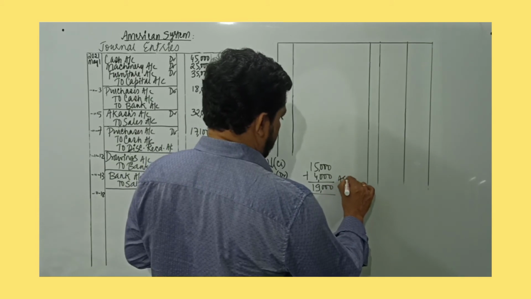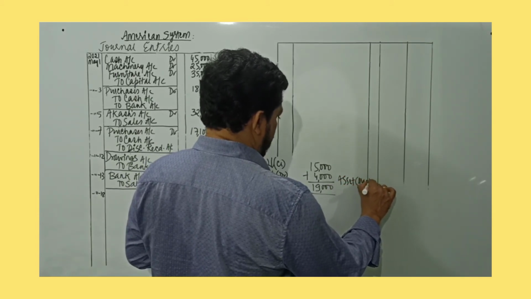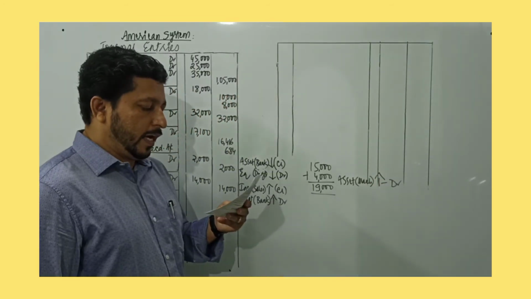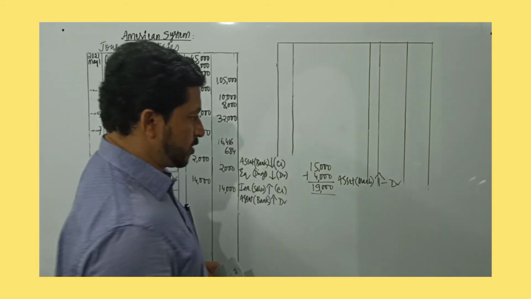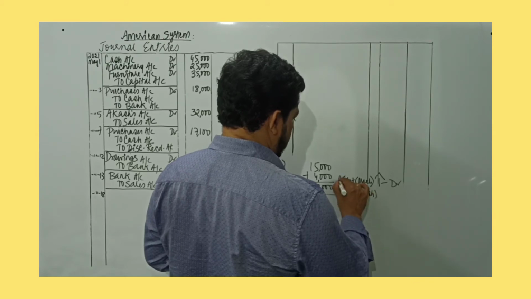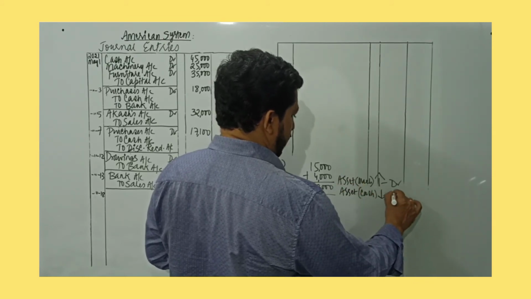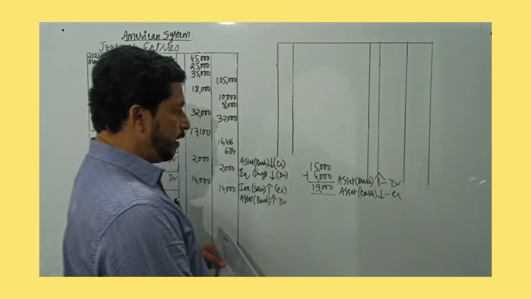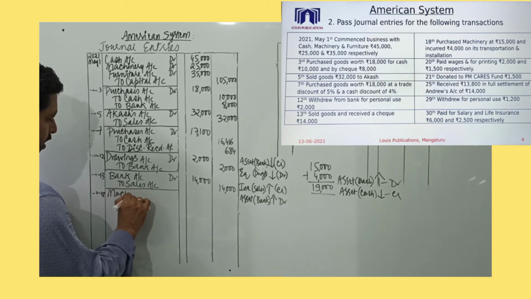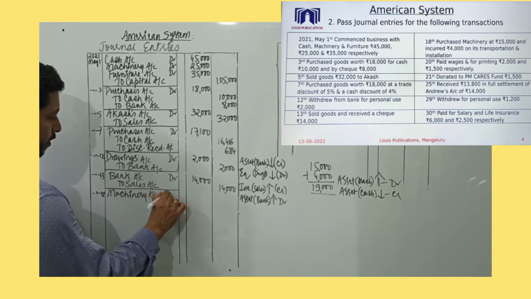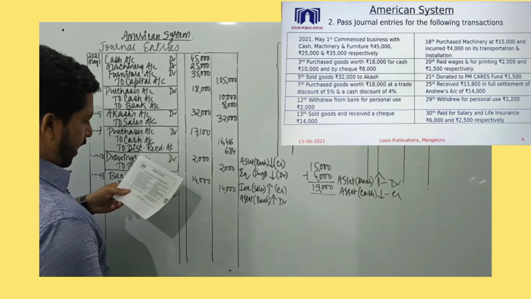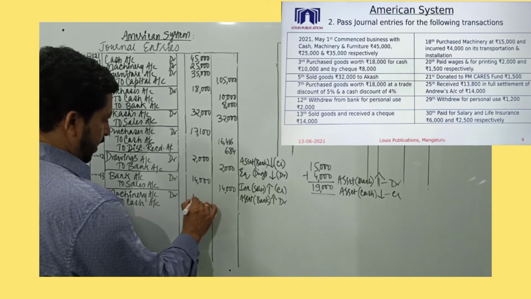So it's an asset. Name of the asset is machinery. Asset value increases. Asset value increases means it's a debit. And there is no other information given. It's a cash transaction. So again the account present is cash account, and cash is also an asset. So when machinery is purchased, cash value will decrease, and decrease in value of asset is a credit. So the entry as usual, debit aspect first, I will record machinery account debited to cash account. Machinery account debited to cash account, the transaction value is 19,000.